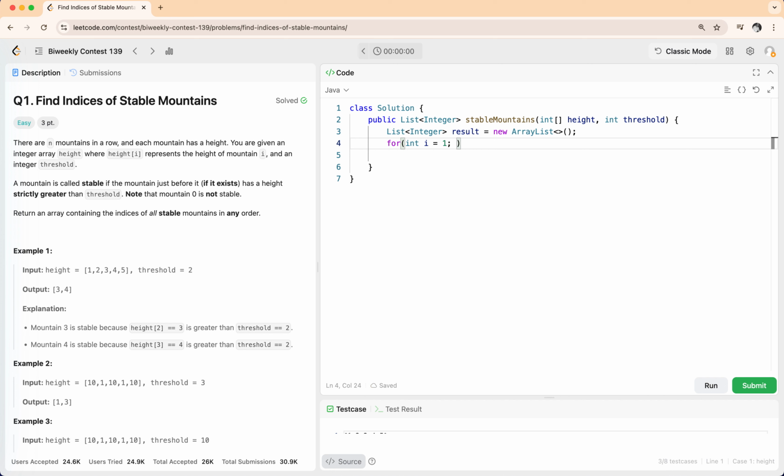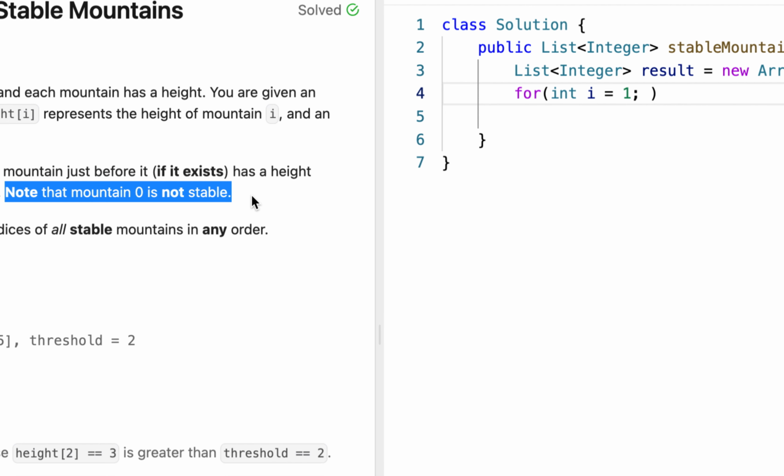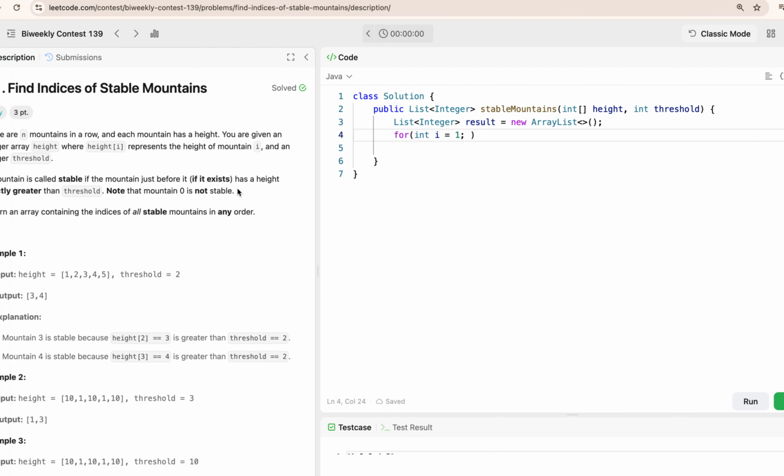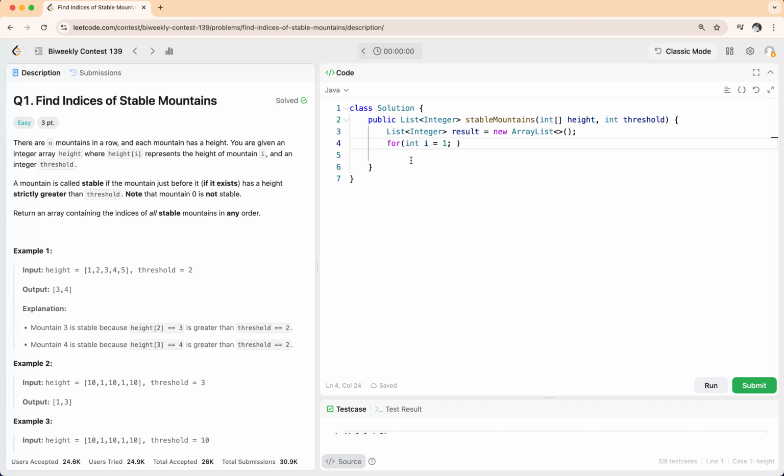It is mentioned in the problem statement itself that mountain 0 is not at all stable, so our count should begin with i equal to 1, and then i less than